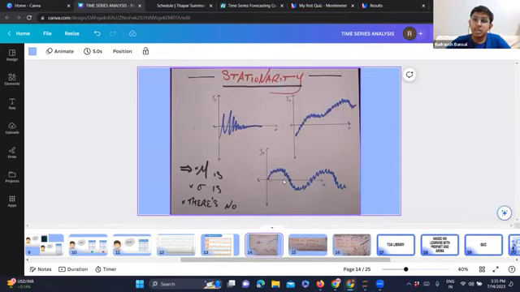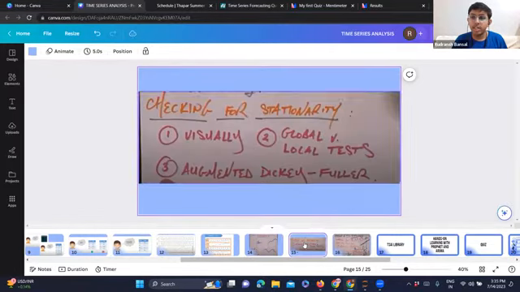But in time series data, there may be certain graphs which go all around, and you cannot actually figure out a pattern. So you need something more theory based, something which you can actually implement and check, rather than doing this manually or visually, as different people can have different opinions, which could be quite subjective. So we can apply a global and local test.